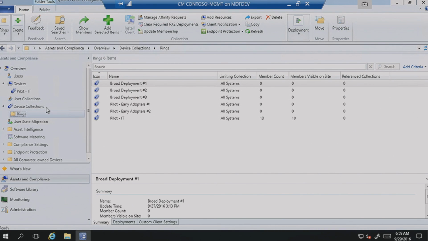And we have kind of a similar setup. Instead of creating computer groups like we did in WSUS, we create collections. Those collections are really just your ring definitions. What PCs should get the deployment at what point in time? So the first step is the collections. The second step then is to specify the